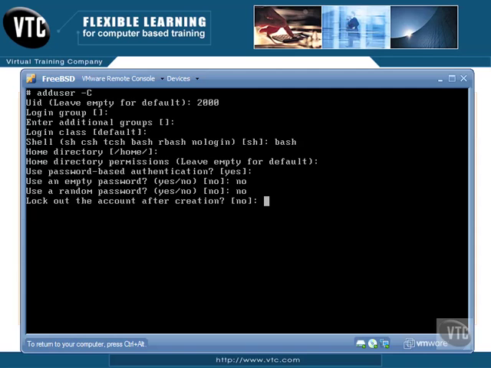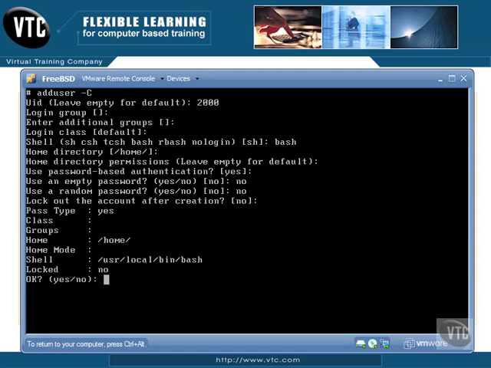Now, do we want to lock the account out after creation? There might be instances where you would want to do that, but you probably want to do that on a per user basis and not as a default. So we're going to say no. And now we've got our defaults here that we've set up. We've changed the system defaults, and we're going to say yes to these and hit enter. And we don't need to re-edit it anymore, so we're going to say no. And now we're going to take a look at the